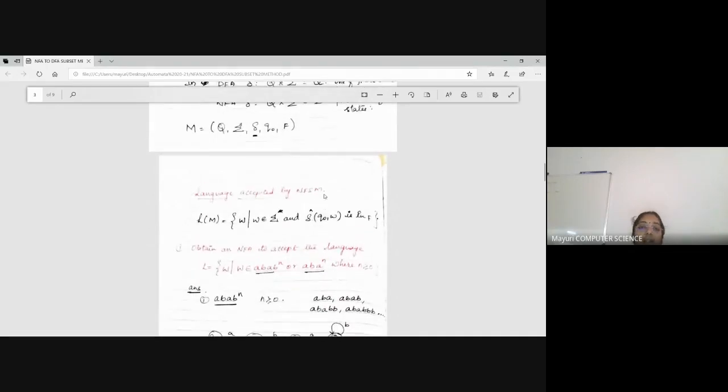Then this is one of the terminologies. How could you say the language accepted by NFSM? It's very simple. It could be any machine. You take either DFSM or NDFSM. Once you explore a particular string from the start state, once your string is completely scanned, at the end of the string, you have to reach a state. That state should belong to the final states. That's one of your final states.